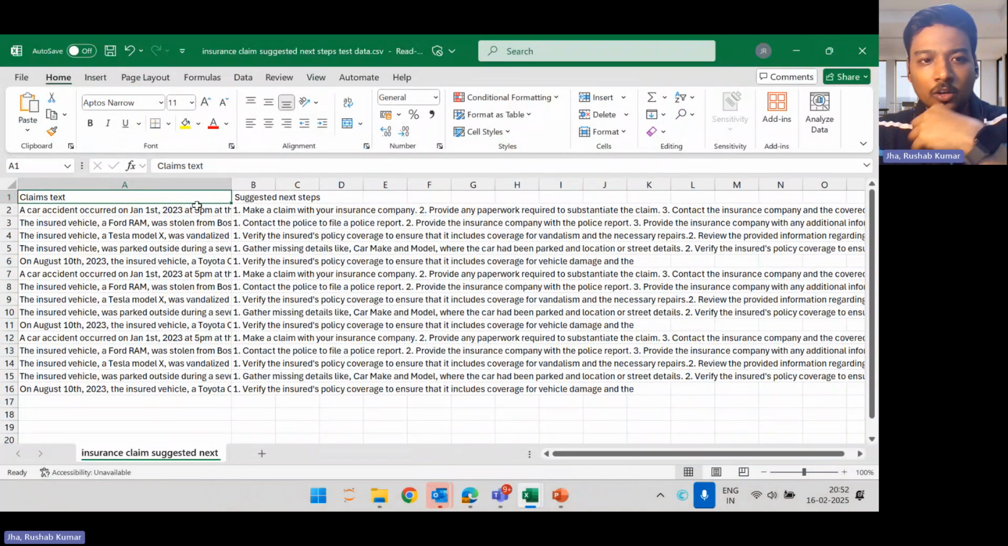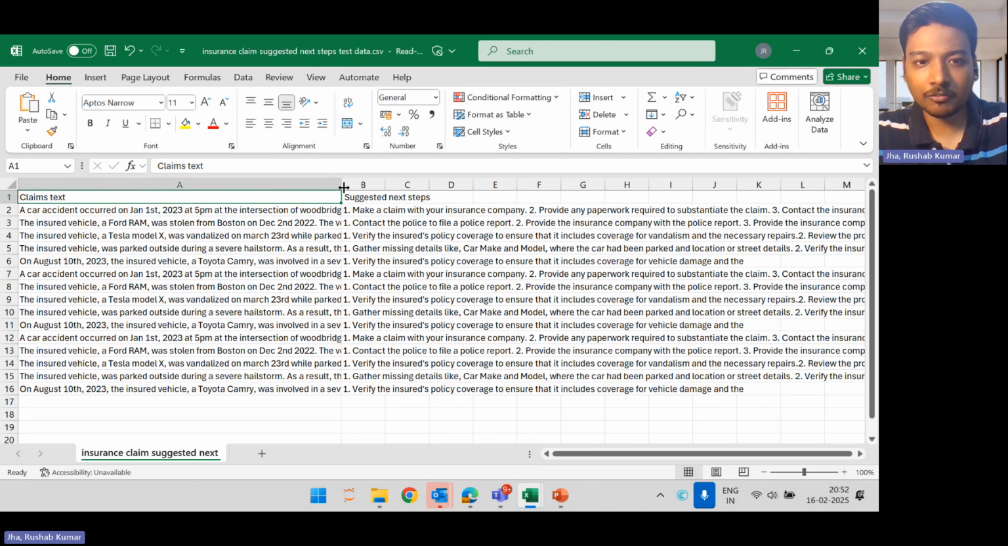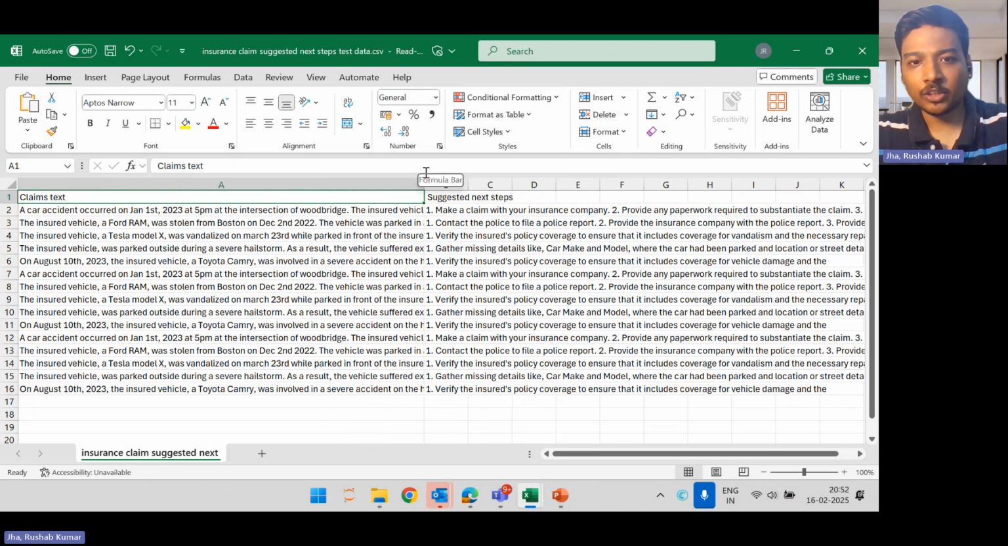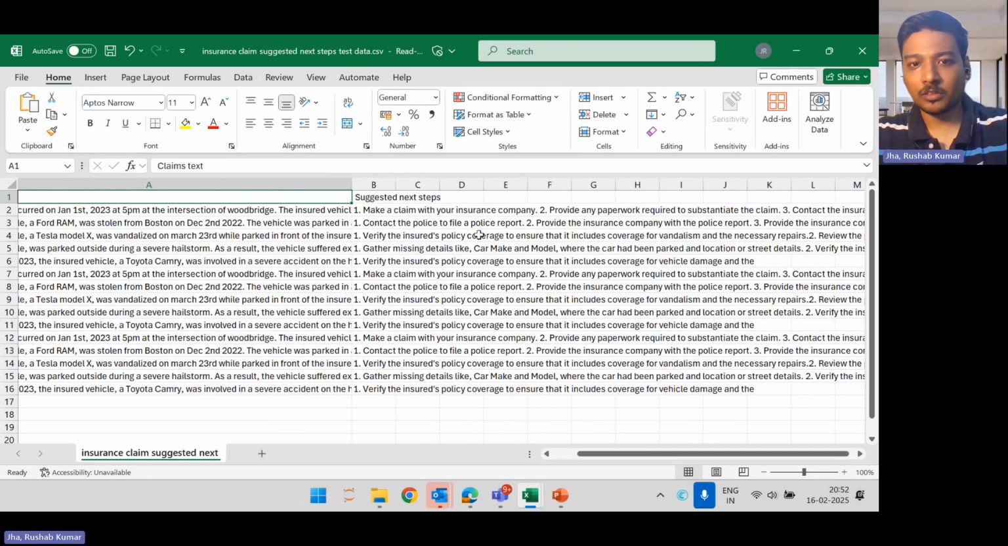A car accident occurred on Jan 21st, 2023 at 5 a.m. at the intersection of so and so Woodbridge, the insurance vehicle. So we have one insurance claim CSV file. If the claim text appears like this, then the suggested next steps by the solution, the model, will be like this: make a claim with your insurance